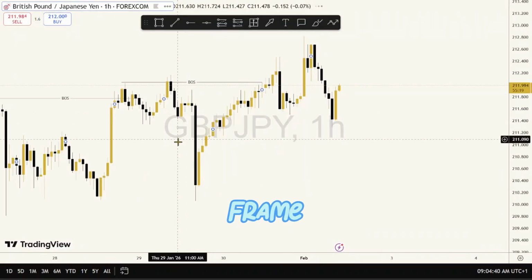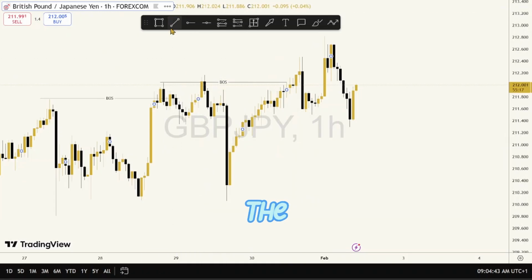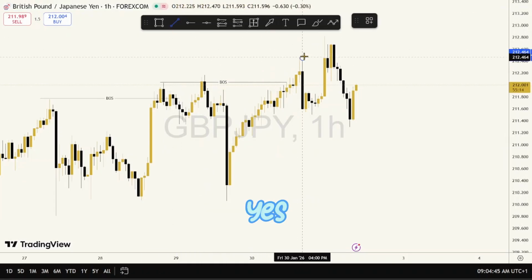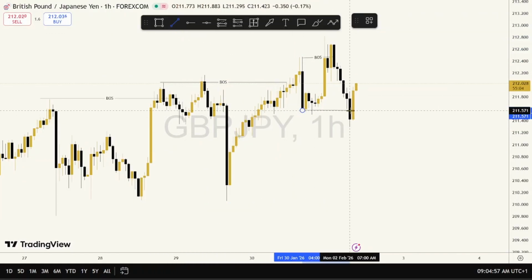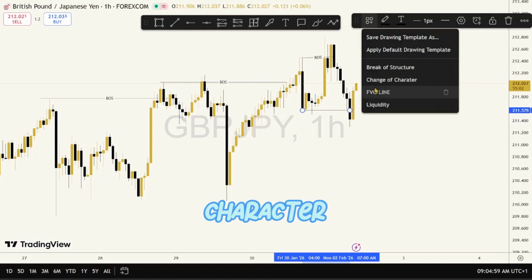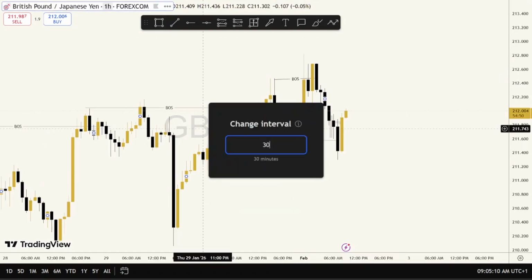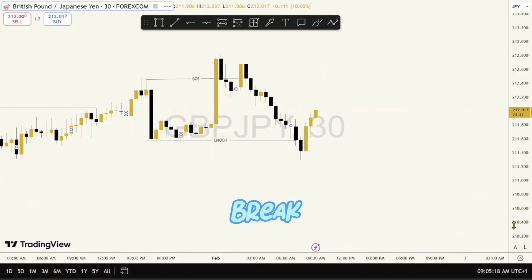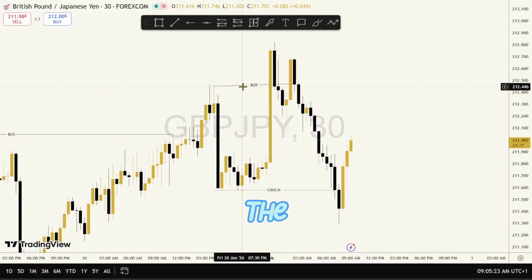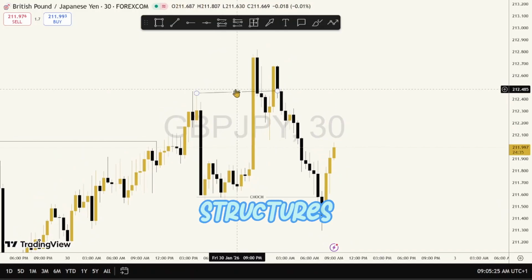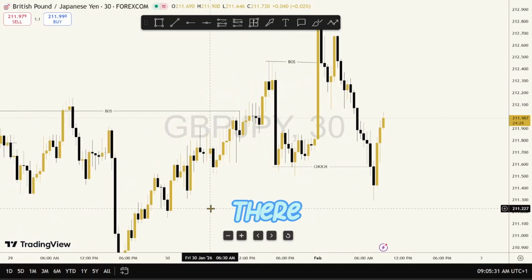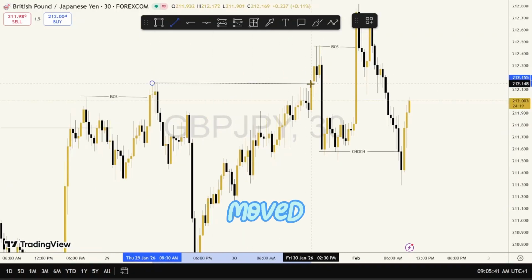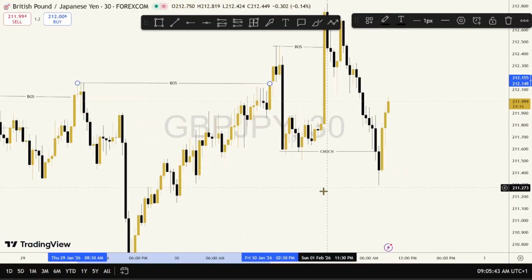On the 1 hour time frame, I spotted a new break of structure to the upside. Yes, right there. Then after that, there was a change of character to the downside. That change of character was the last break of structure on the 1 hour time frame, so I moved down to 30 minutes. On the 30 minutes, I had to refine my structures a bit because it was looking more like that of 1 hour. There was no more structure again. I moved down to 15 minutes,